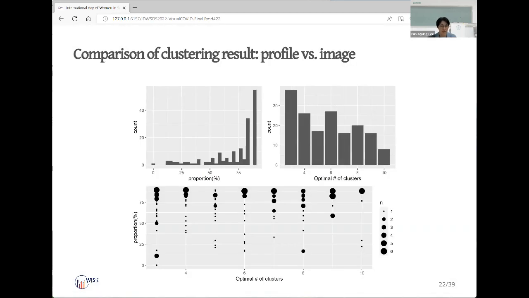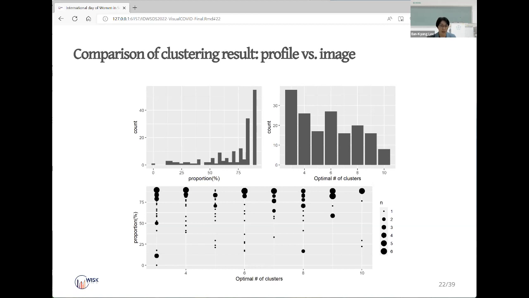Each distance and each clustering method are applied to the time series profile data, and we find the optimal number of clusters using the MB cluster function. After that, the same methods with the optimal number of clusters are applied to the image data. And then 23 internal validation measures are applied to each clustering result. And we calculate the differences to find out which clustering was better.